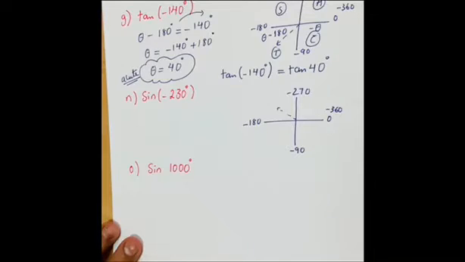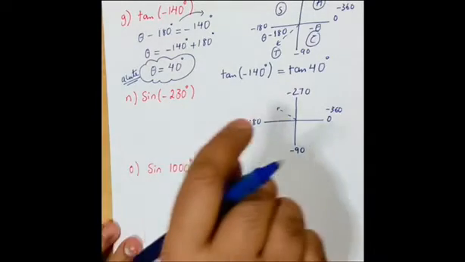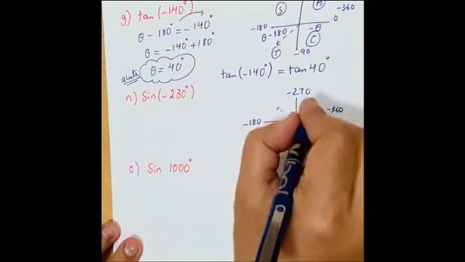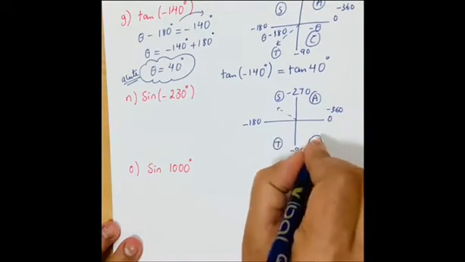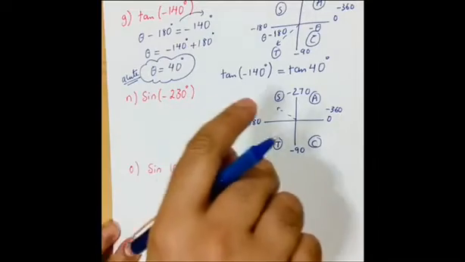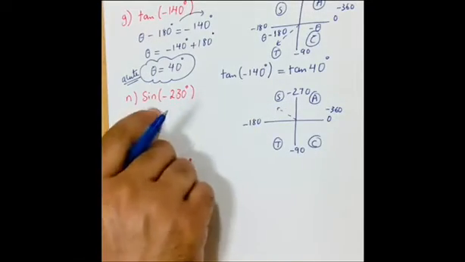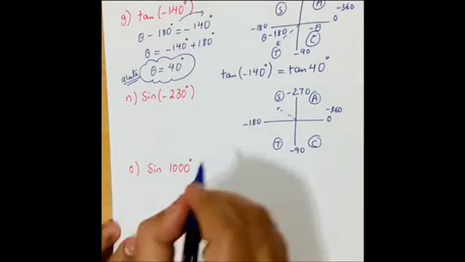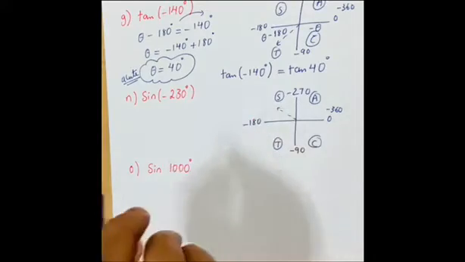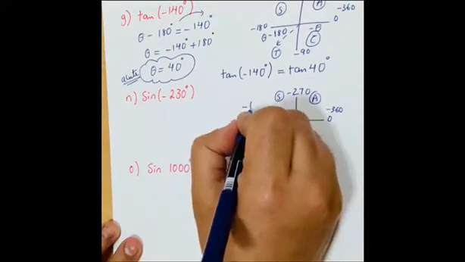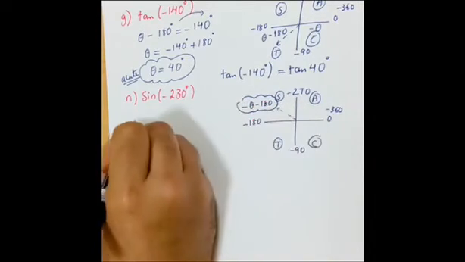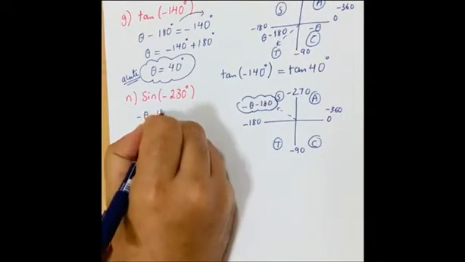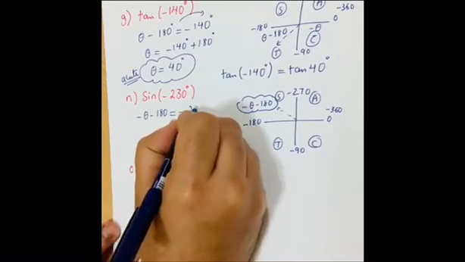Then, negative 230 is in the second quadrant, A, S, T, C. The sign is positive in the second quadrant, so the sine will take the positive. What is the expression in the second quadrant? On the negative range it is negative theta minus 180. So negative theta minus 180 equals negative